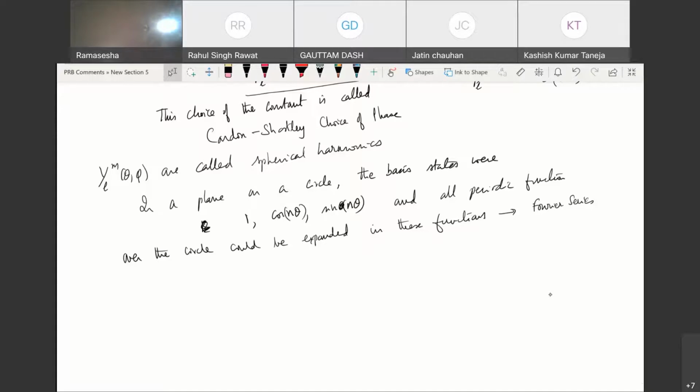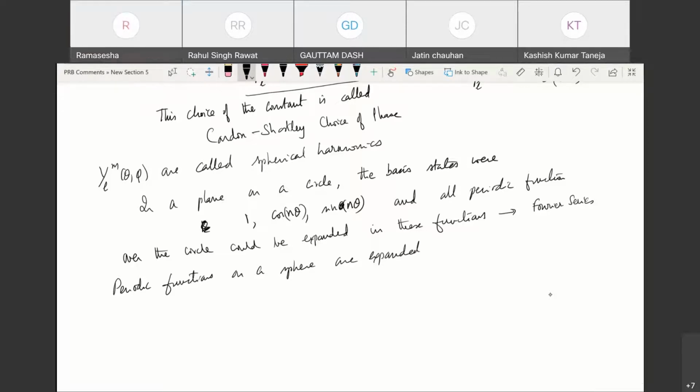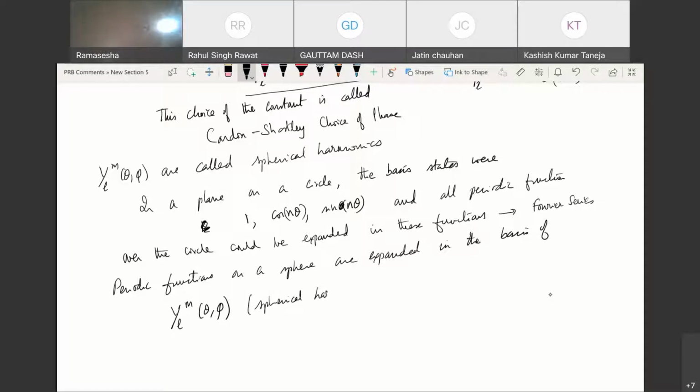Here, in the case of the Y_lm, which are the spherical harmonics, so in a way they are a generalization of the Fourier series to the sphere. So you can, okay, now what